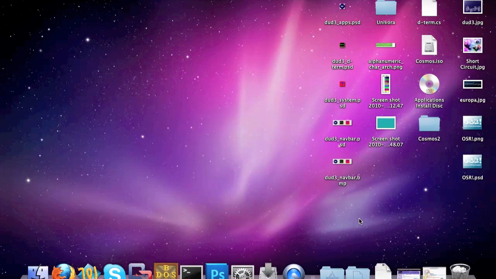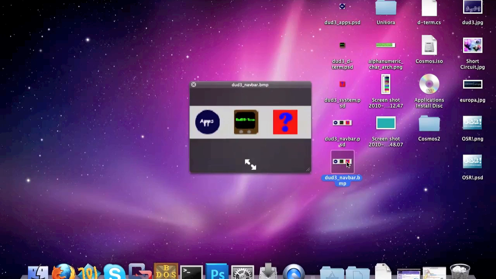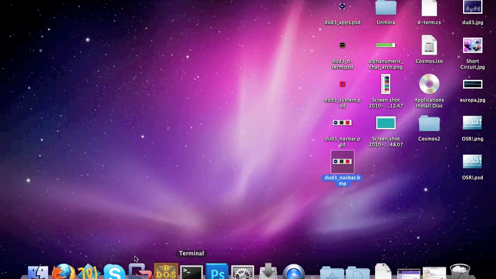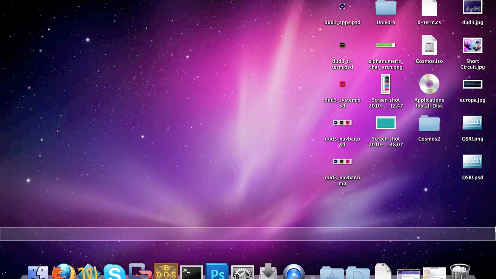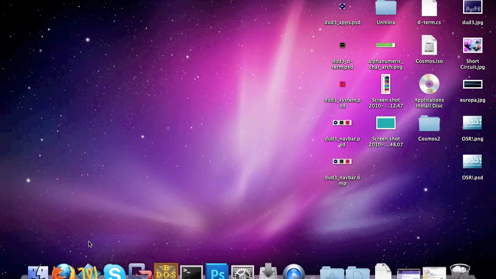Okay, so first up we have the new navbar for Dude. You see, for those of you who remember, at the bottom of Dude was a big long bar. It was small, it was long, it looked like Windows. It had something saying Wonderland here, you open it up, blah blah blah, and then you have the menu at the top. So now, replacing that big, long, boring bar full of text, we're going to be replacing this